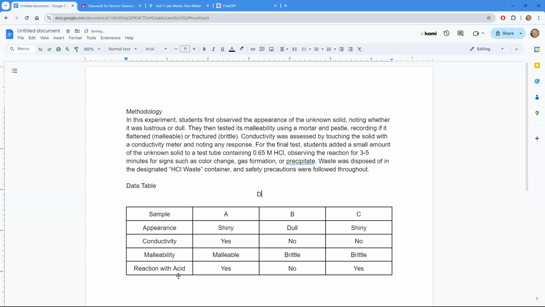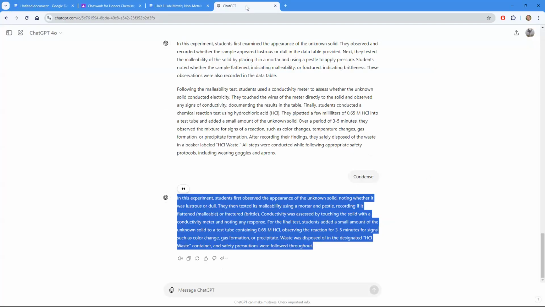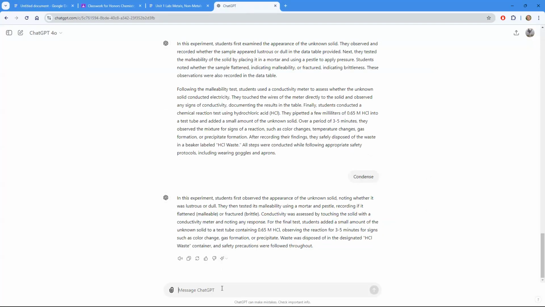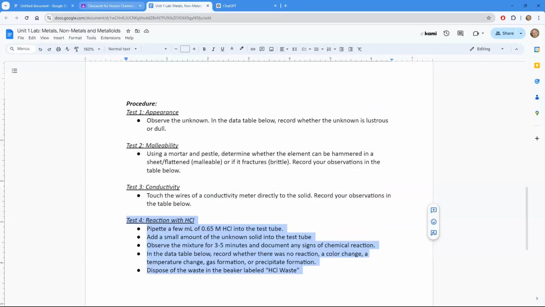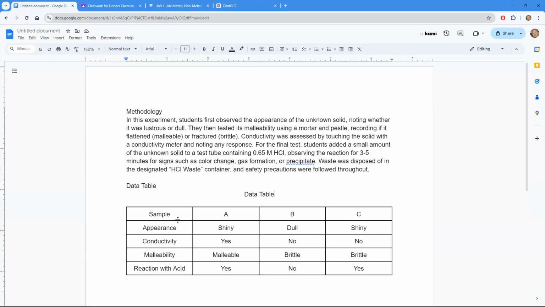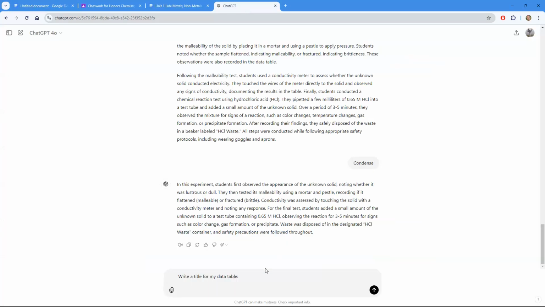If I just typed "data table," that would not be good. We want to make sure that our title reflects what's in our data table. So I'm going to use AI to help write a title. Write a title for my data table. And again, the more information that you can give the AI, the better it's going to do at writing it. So I'm going to copy and paste in